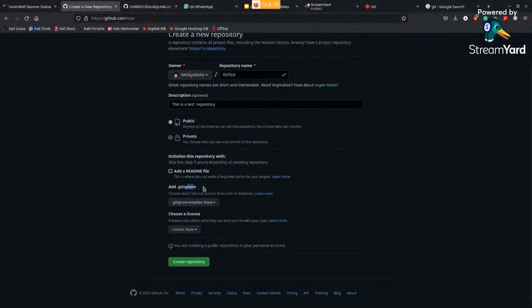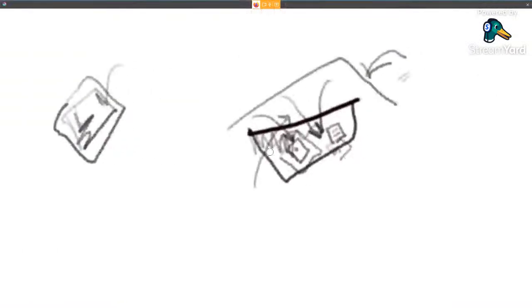Now, let me make something clear about what this gitignore thing means. Let's say in your basket, the basket we talked about earlier, your repository. What can be stored in a repository other than code?